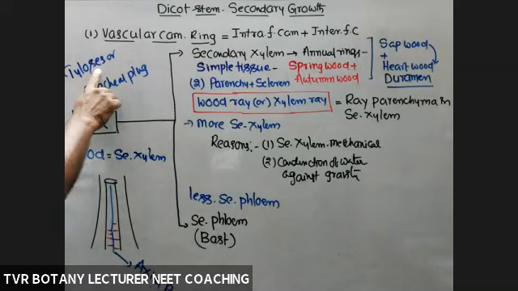Remember tyloses. What are tyloses? Tracheal plugs, which are produced into the lumen of the xylem vessel by the cell wall of xylem parenchyma. The cell wall of xylem parenchyma is able to produce an extension, simply an extension of the cell wall of the parenchyma present in xylem into the lumen of vessels. Generally, tyloses are present in vessels only, but not in tracheids.